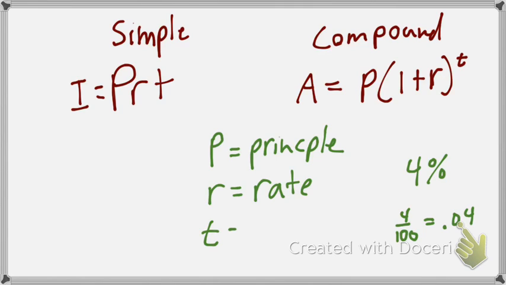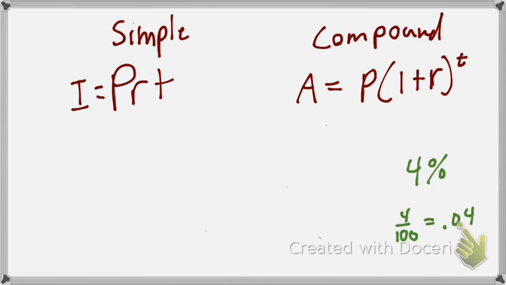And then T, time or terms. How many terms is going to pass? Usually the terms are in years, so it'll say 3 years, your term is 3. If it said semi-annually for 3 years, then that's twice a year for 3 years, which is 6 terms. But chances are on a STAAR test it's just going to be every year, and you'll just put how many years is your term number. So yeah, if we know what those things stand for,